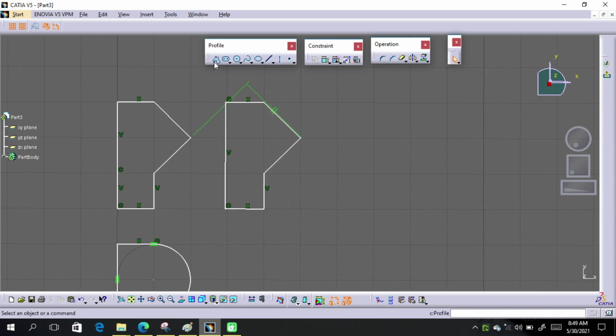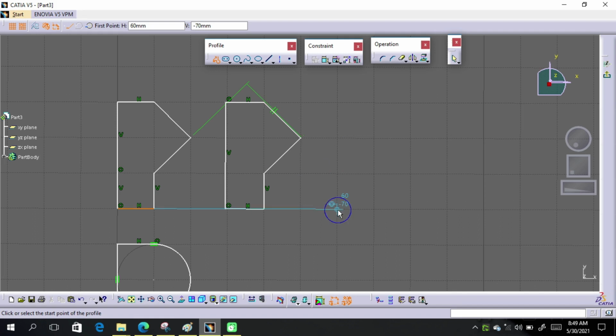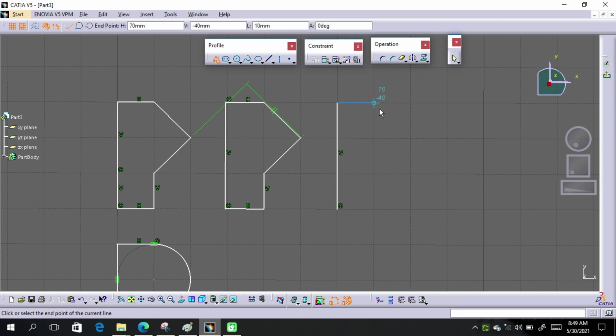So I will use this profile tool rather than this line tool. So activate this profile tool, and this tool provides us a continuous line capability while creating an arc. So just pick the start point and create this object, and you will feel it is very easy to create this profile through this profile tool.